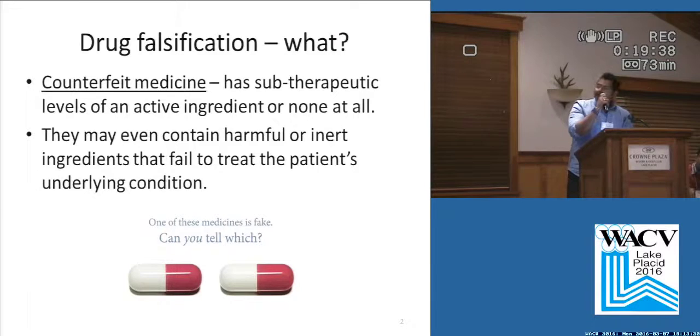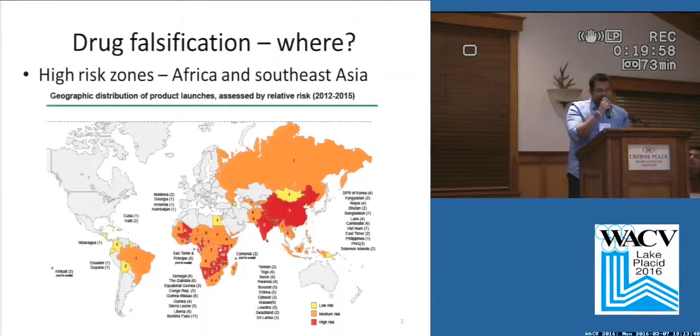Sometimes it may even contain harmful elements, which can further make the patient's situation worse. And the other thing is this fake medicine looks pretty similar to the actual one, so it's very hard to tell which one is which by just taking a look at them. This problem is very rampant in Africa and Southeast Asia, as you can see from this chart. And because these places lack the technological infrastructure to detect such fake medicine on a large scale, the people there suffer a lot because of this problem.